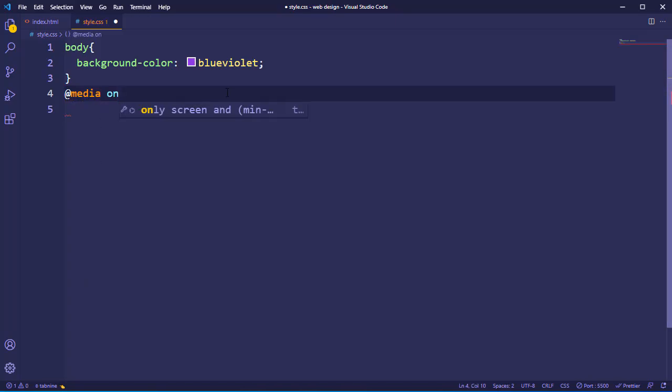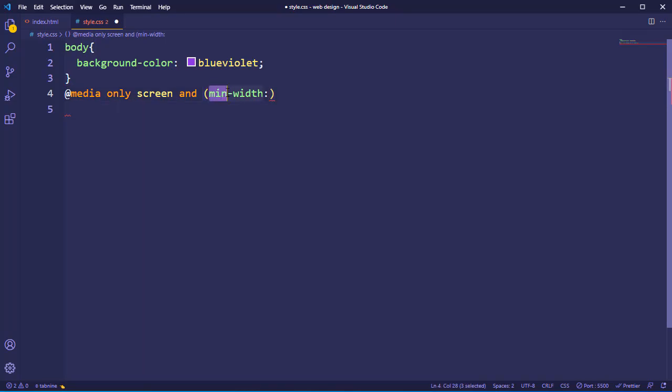@media only screen and, so it means use this media query only when the screen is, here we use max. Okay, I will show you how we can use max and min, but first let's use max here, and here I will say max-width 500 pixel. Now we are saying that if the device width or the web page width is 500 pixel or less than 500 pixel, then apply this CSS.